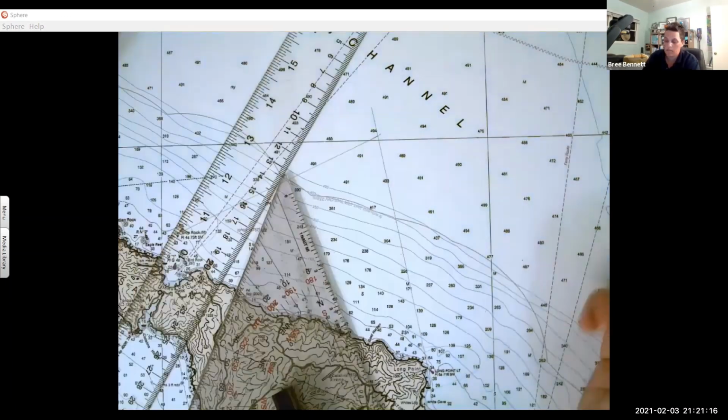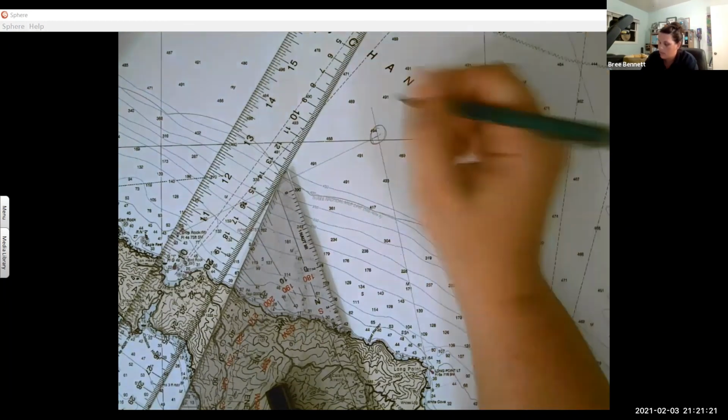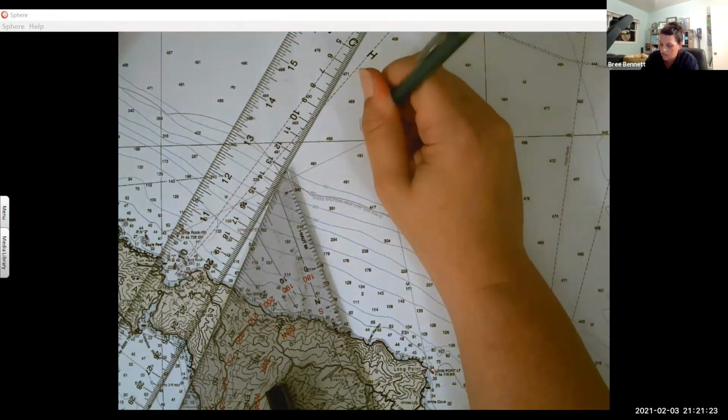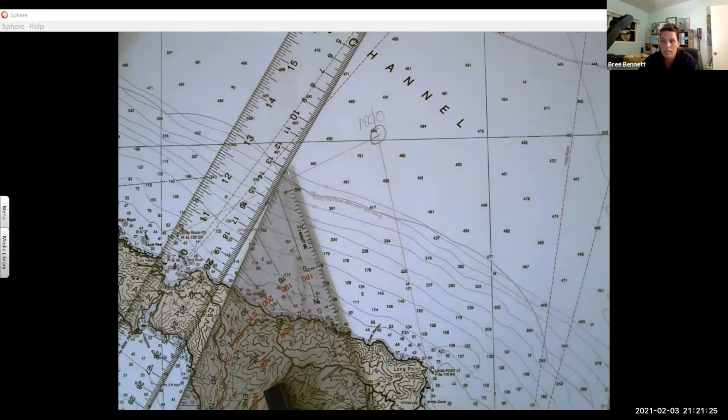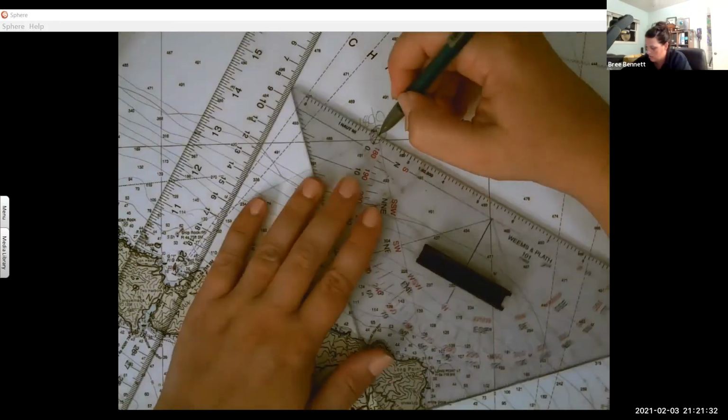Just barely crosses. And that was at 1800. That's my position. And my heading is